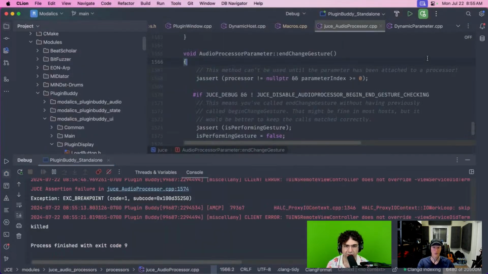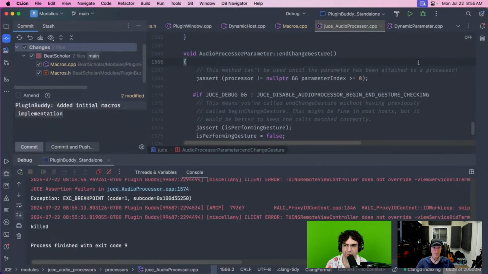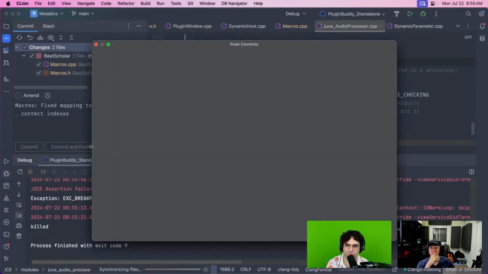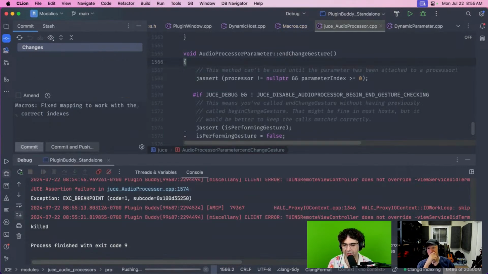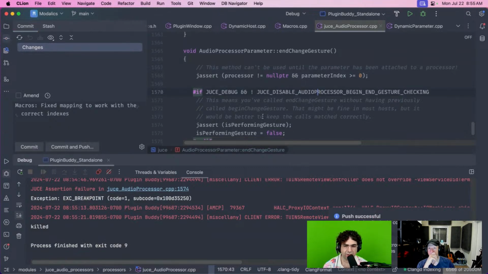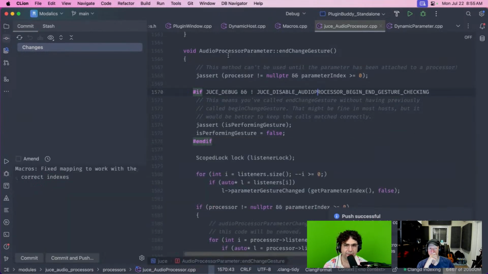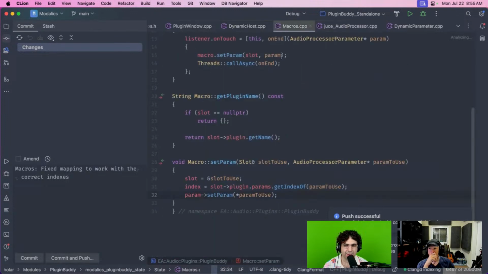Okay, so let's start by saving this. Macros, fixed mapping to work with the correct indexes. Okay, so this looks better. And now let's fix this thing. This is because right when I'm doing the mapping, probably,